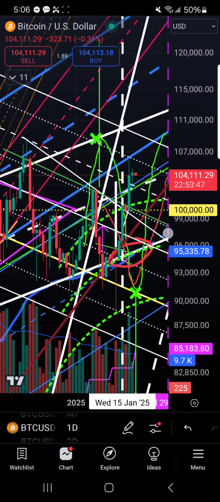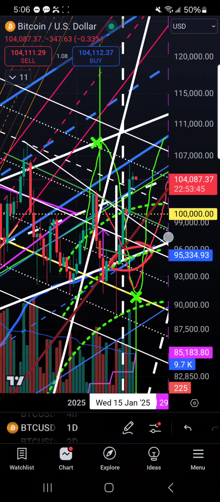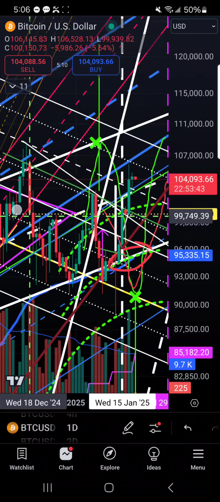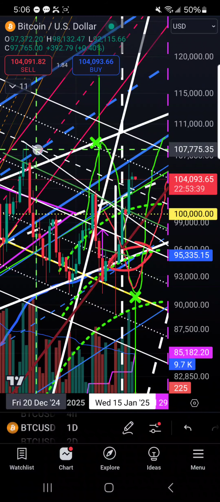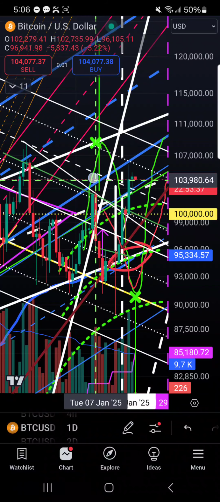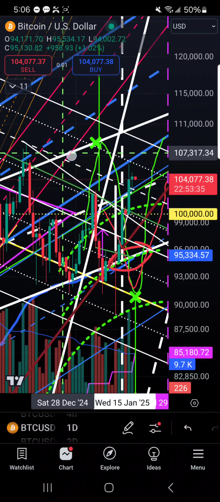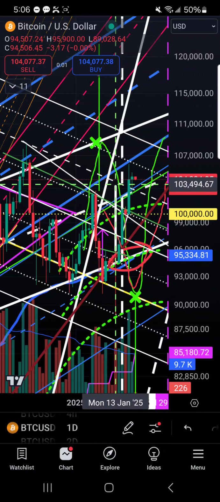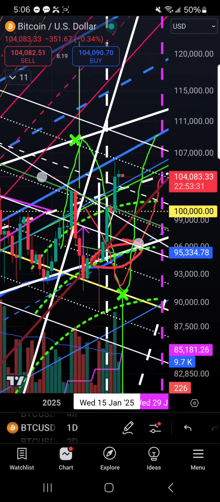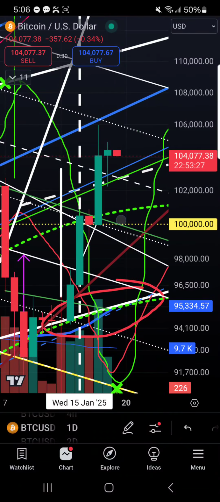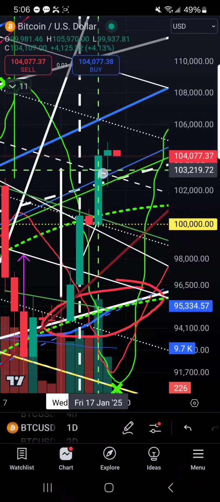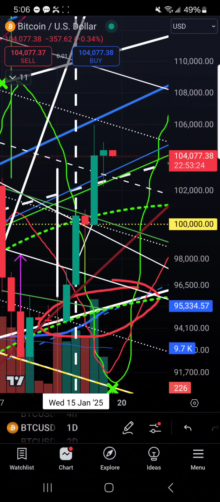So we actually are breaking out of this flag pattern, because the dashed line here, the center line of the upper channel, is representing the top of our flag pattern, and you can see that we've broken out above it here,